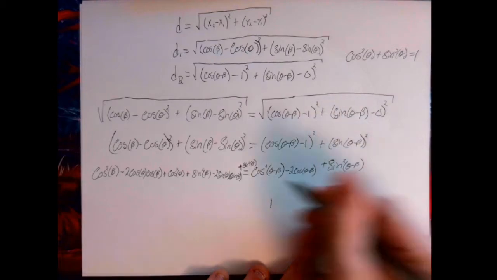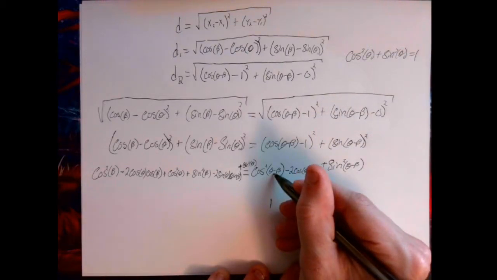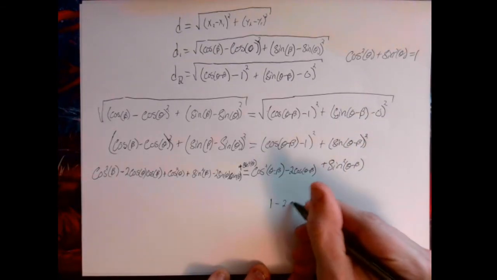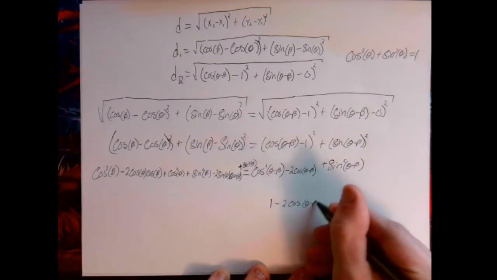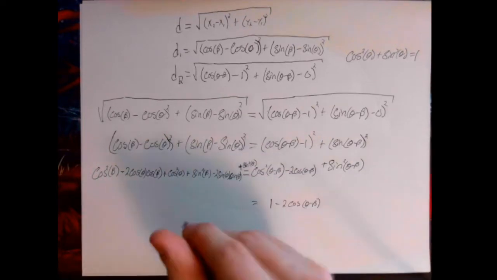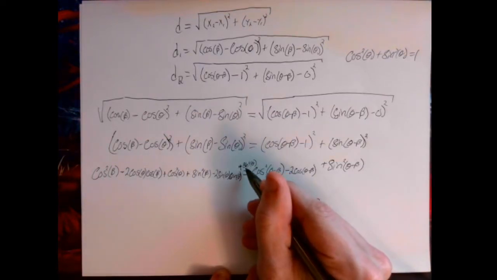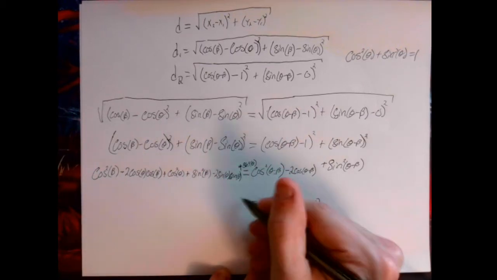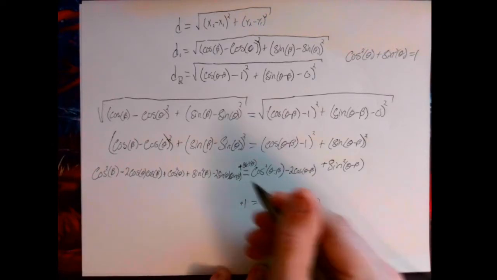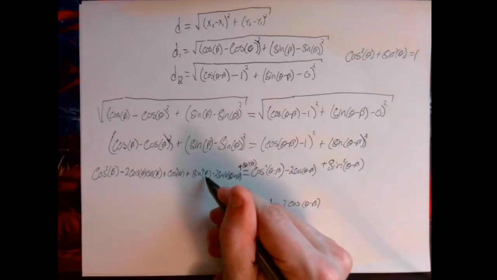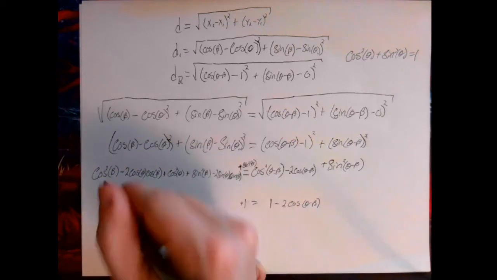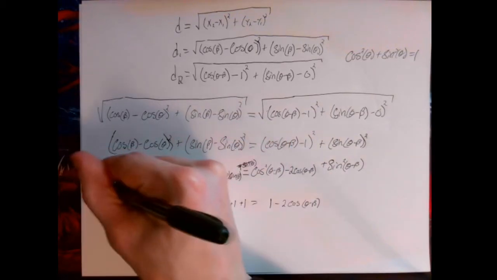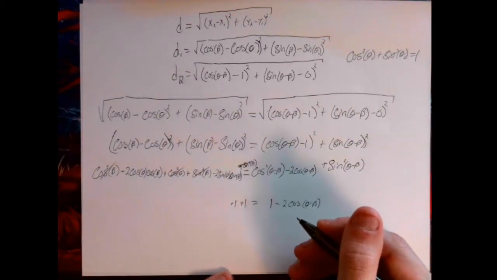We have a cosine of an angle squared plus a sine of an angle squared, and that'll give us 1 minus 2 cosine of theta minus beta equals, we have sine squared of theta, cosine squared of theta, that'll give us positive 1, we have sine of beta squared, cosine of beta squared, that'll give us 1, so those two are gone, and then from there,